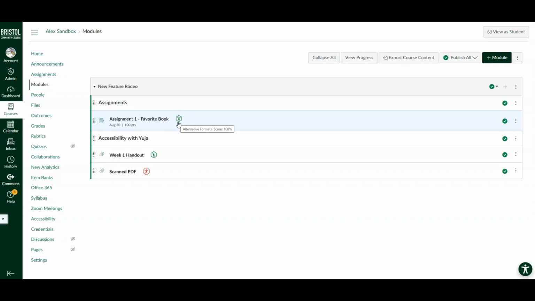If you see a purple icon sometimes, that usually means that your file is accessible, but it's still just processing its overall score. So green and purple are generally good. Red is bad, and you most often get red with scanned PDFs. So I'm going to take a quick look at this week 1 handout, which has a good accessibility score, and the scanned PDF, which has a bad one. So to check those out, I can click on the little person,